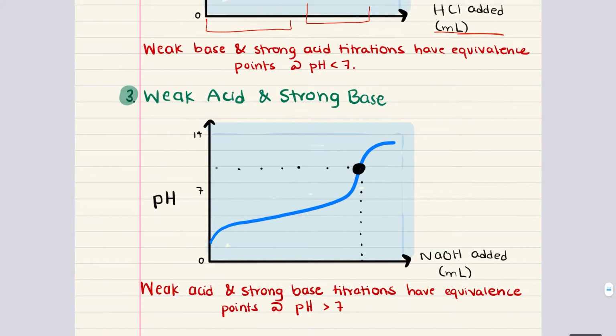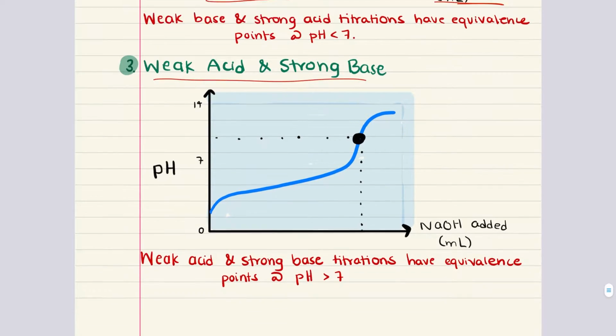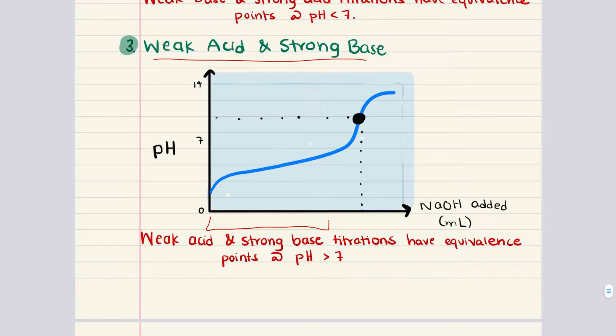Now let's talk about weak acid and strong base. At the beginning of the titration, the solution is predominantly acidic due to the presence of a weak acid. Let's say, for example, hypochlorous acid. Because this is a weak acid, it only partially dissociates in water, resulting in a relatively low concentration of hydrogen ions. In this region, adding small amounts of sodium hydroxide, which is a strong base, will neutralize some of the hydrogen ions, but the pH does not change drastically yet because the solution is still dominated by the weak acid